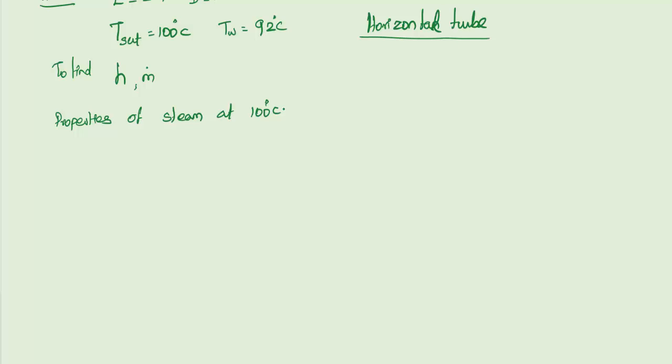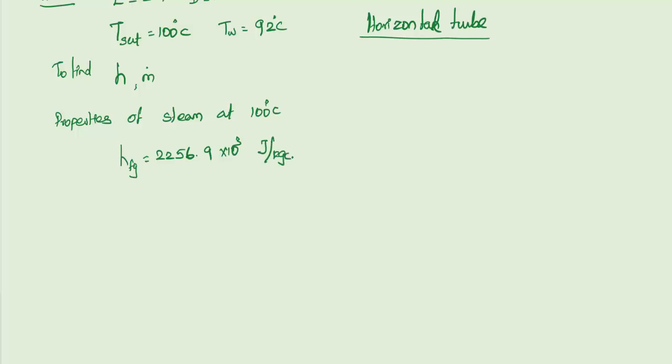Here in this problem, they have given the saturation temperature value itself. So we know that 100 degrees Celsius is the saturation temperature. So in the steam table, go for the temperature table values, and corresponding to 100 degrees Celsius, you have to take the HFG value, which is equal to 2256.9 into 10 to the power 3 joule per kilogram Kelvin.